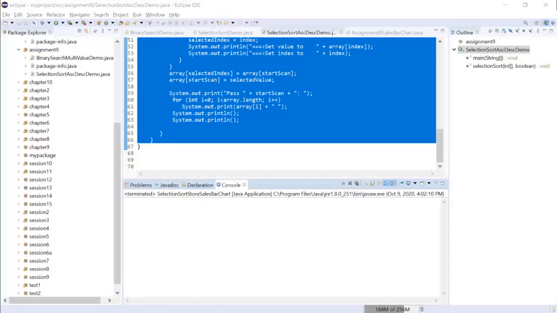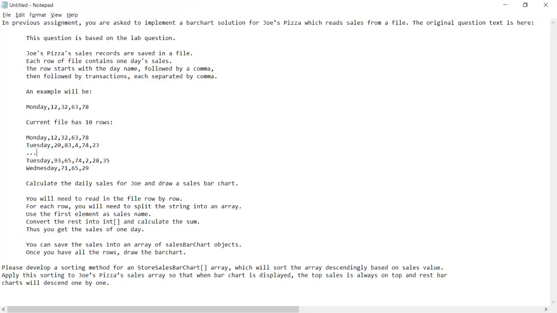Now let's go through the sorting of an object array. Let me bring up the question. The question says, in a previous assignment, we implemented a bar chart solution for Joe's Pizza, which reads the cells from a file and displays the bar chart. Basically, you need to read from a file and parse it. Each line contains a day and a series of cells. You need to create a sales bar chart object for each day and add cells into that sales